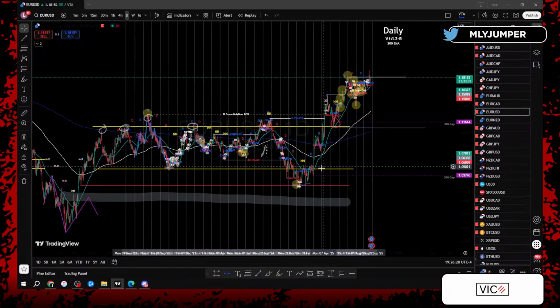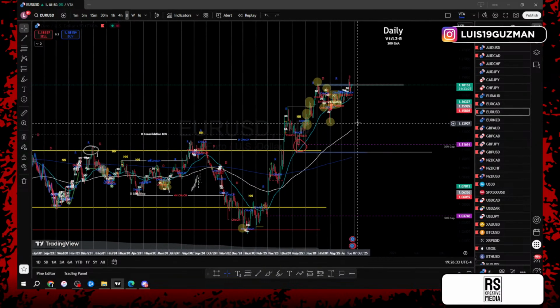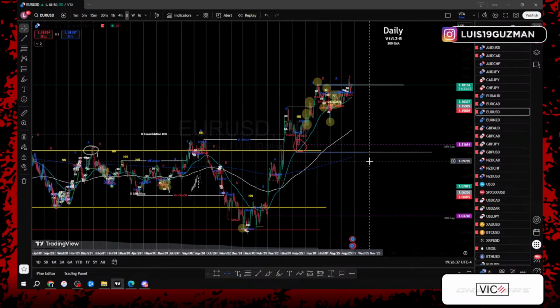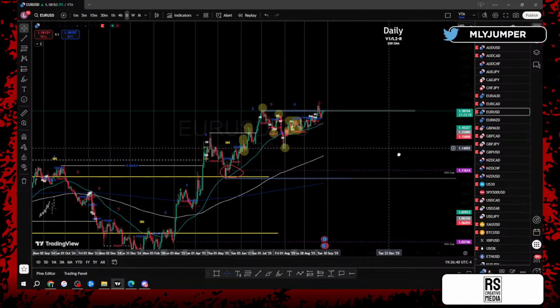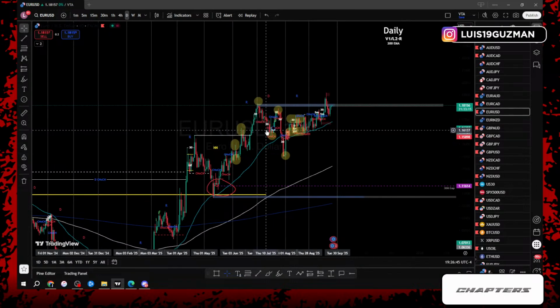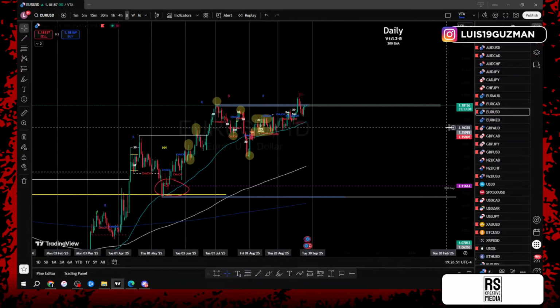EURUSD, we are in level 2 on an uptrend. Looking for price to bounce off the 200 EMA. We know that price left a gap here at the top of the zone of consolidation, very close to the 200 EMA. We're currently trading at a higher high where price, again, very similar to what happened with ACAD, price decided to just give us a zone of consolidation.